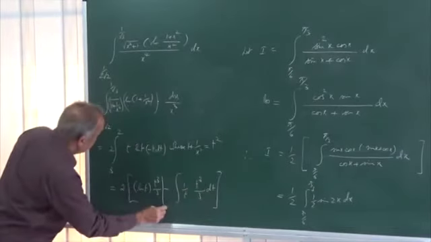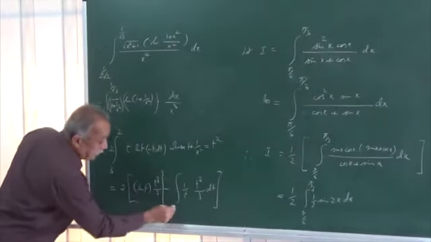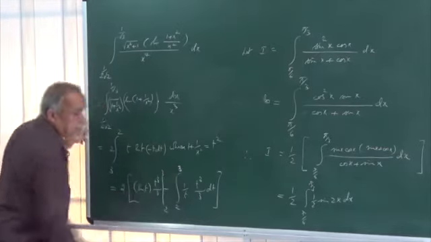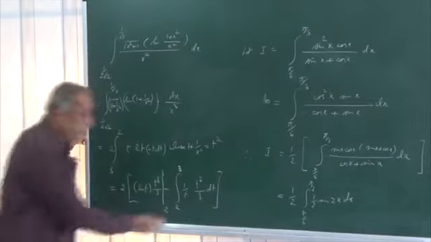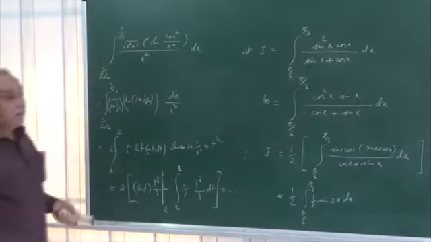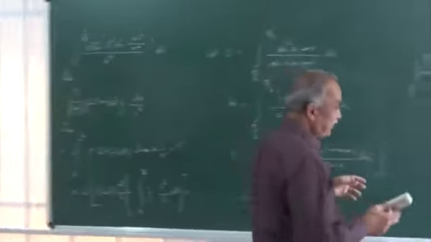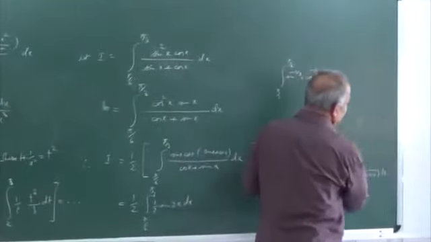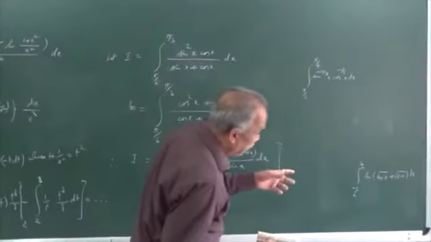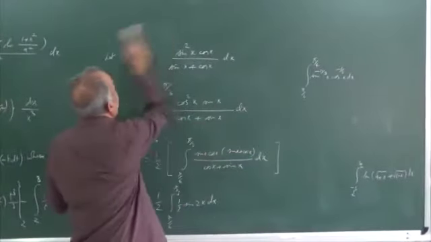The limits 2 and 3 are to be used after finishing the integration process. Integration between limits, minus half of